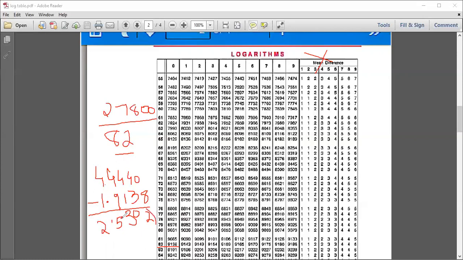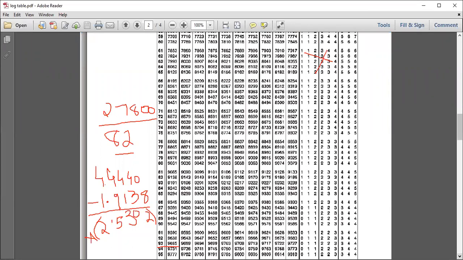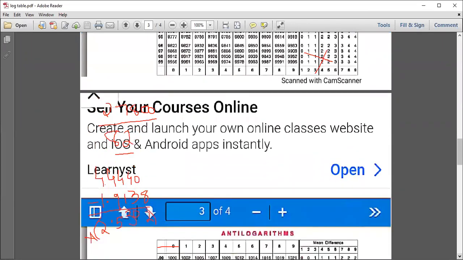As I told you all yesterday, put it in a bracket and write the letter A over here. A stands for antilog. Okay. So is this much part clear? Numerator digits, don't worry, we'll be solving 2-3 sums today, so you'll get a little bit of idea what is going on.